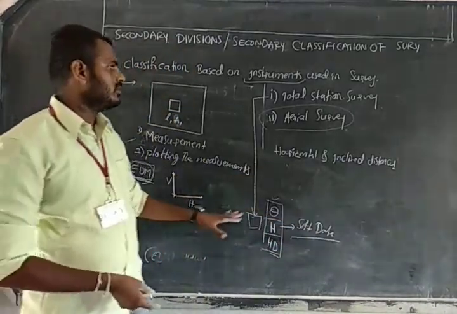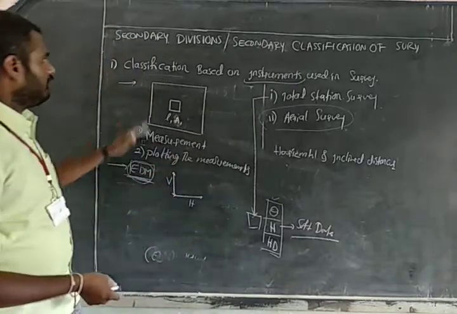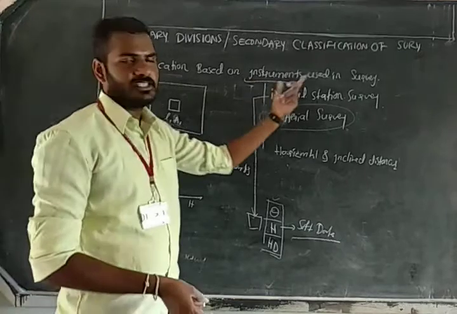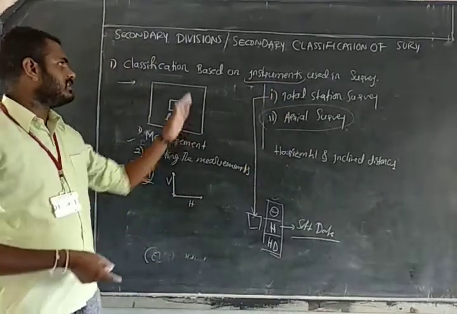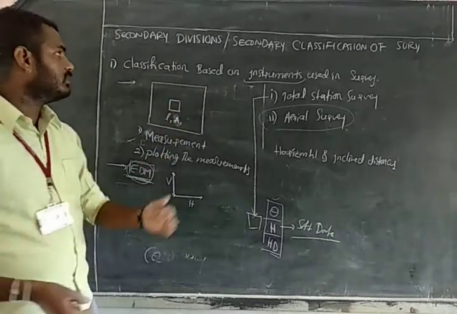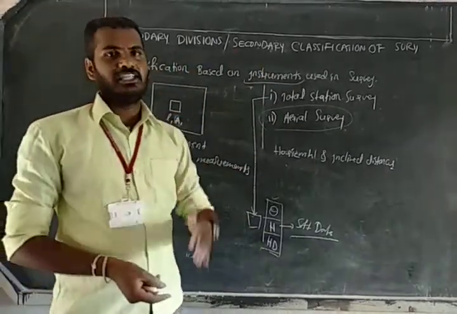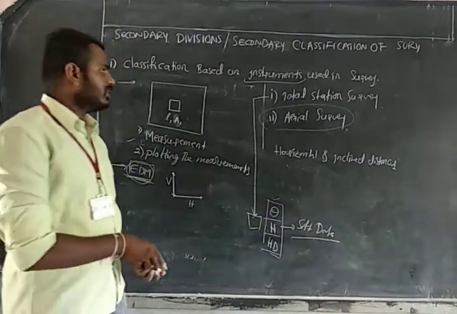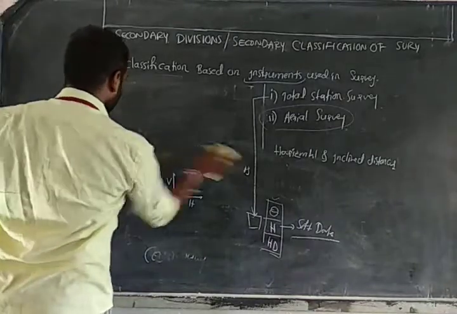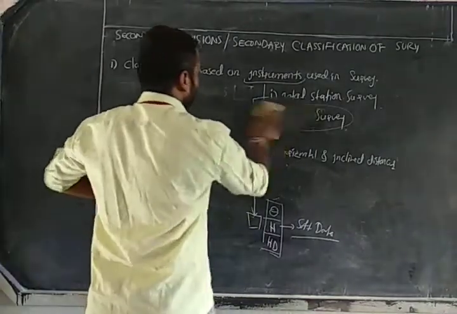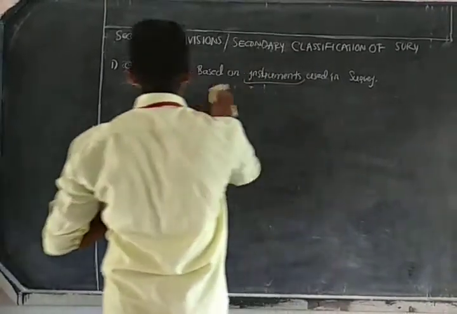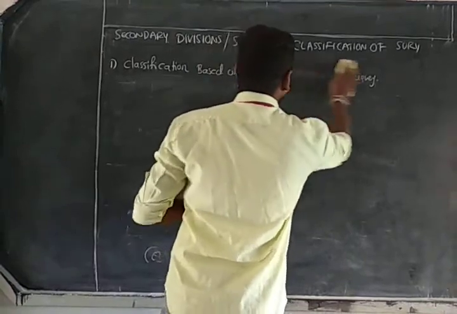So this is the advantage of these different types of classifications, which are based on the instruments that we use. I will discuss in detail later when we come to chain surveying, compass surveying and so on. But now we just go through the secondary divisions, that is why I am giving you the introduction. Next we will see the classification. First we have discussed the classification based on the instruments. We have so many classifications, these are all based on the instruments. Now we will see the classification